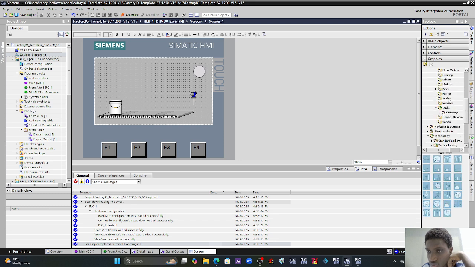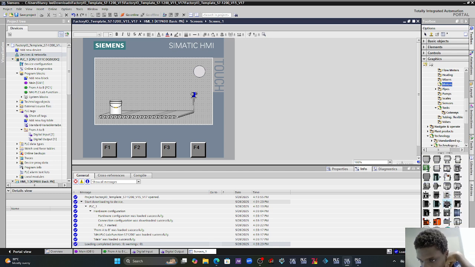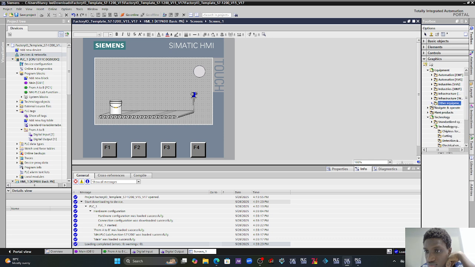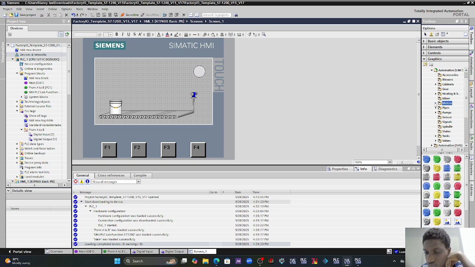Yeah. The motors are looking somehow odd to me. Let's check on the operation. Okay, these are way better ones. So